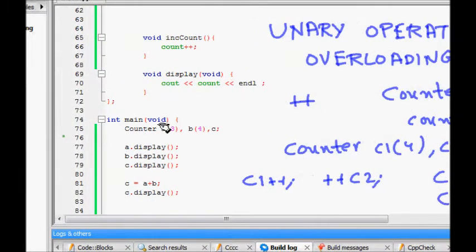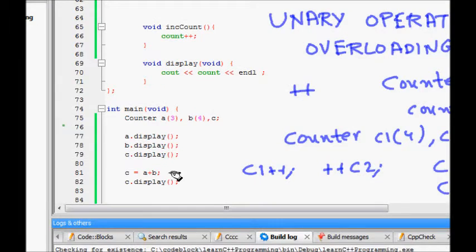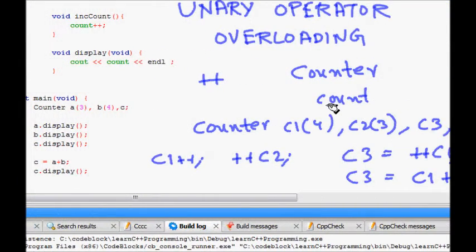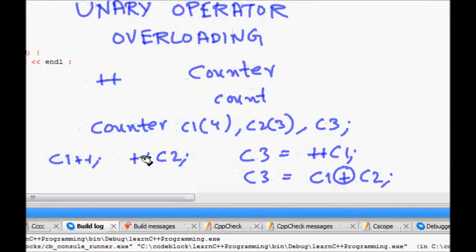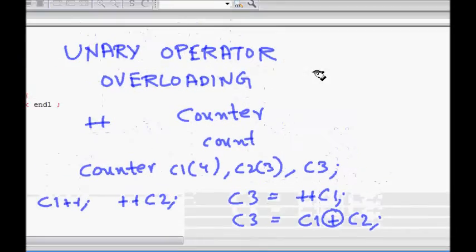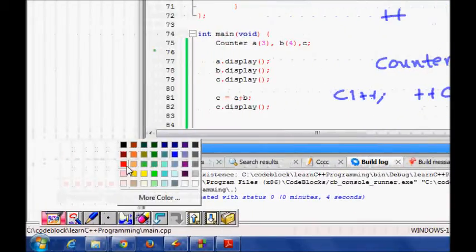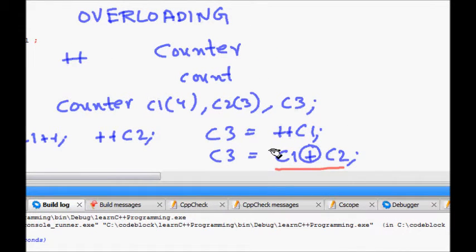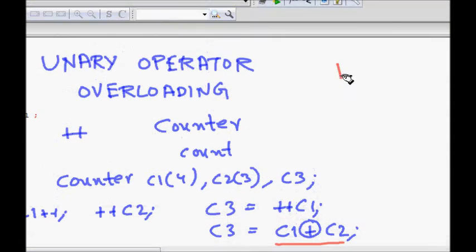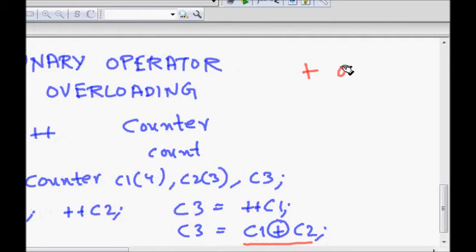Basically this is a kind of operator overloading. So let's try to see what we have learned in our previous class. The operator here is plus. This needs to be overloaded, isn't it?